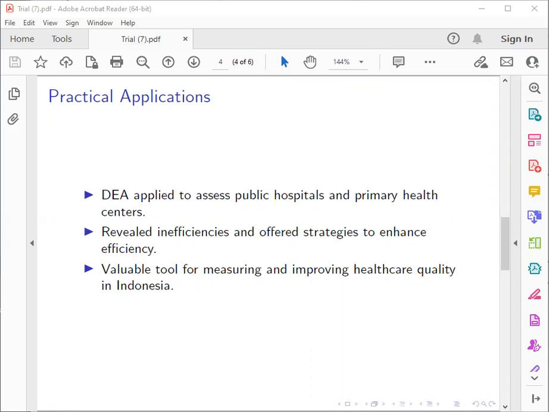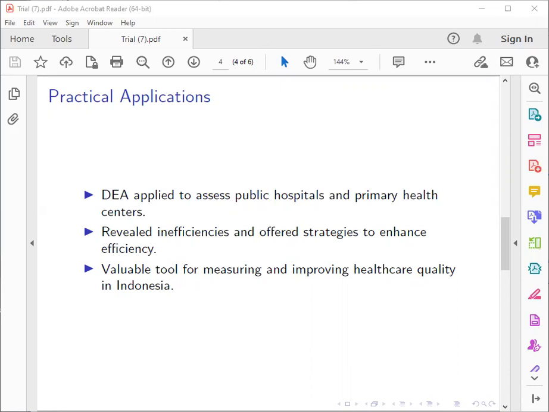DEA has been a valuable tool in measuring this kind of case, especially in Indonesia. We haven't had many cases that implement DEA as a model to address where the inefficiency is. So by introducing this, hopefully people, especially in Indonesia, can have another tool, another alternative, and another insight, so they could move towards a data-driven approach in decision making and also in allocating their resources.